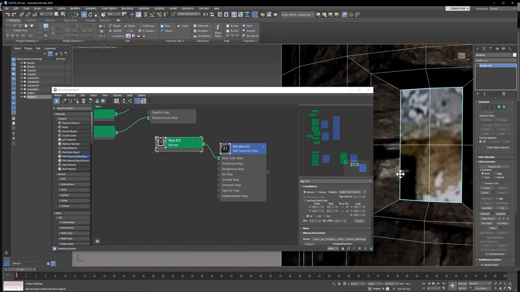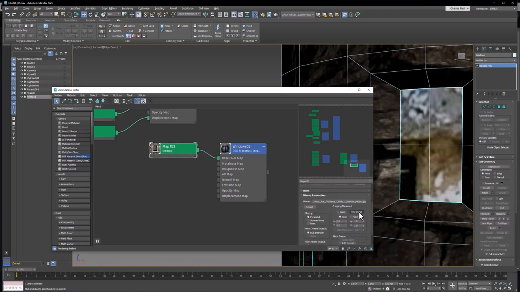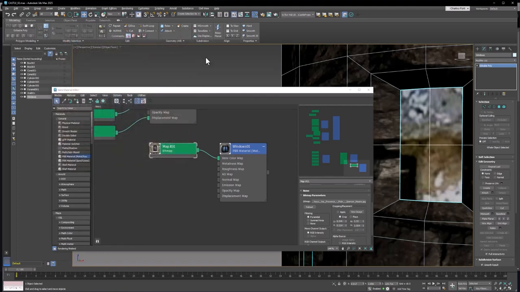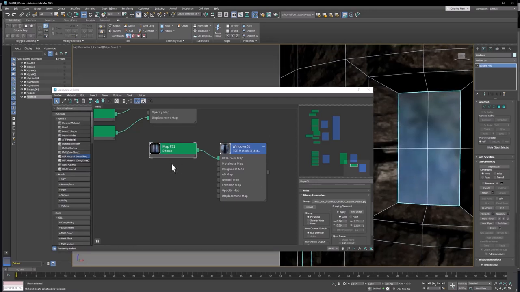And of course it's not going to look right because we need to put UVW mapping on it. But it also doesn't look right because we have all this extra stone here. So we need to do something to that. We can actually select the bitmap, and if we click View Image, we can drag this red box here and kind of crop it. And we can close that and select Apply,